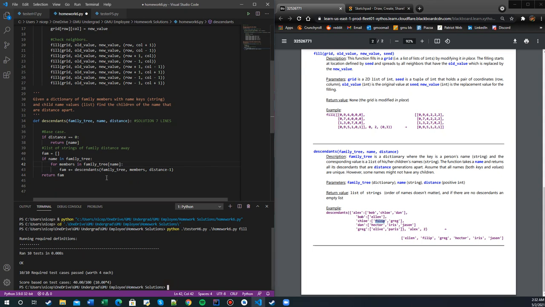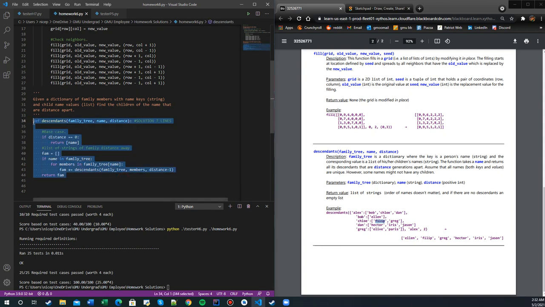Let's go ahead and Control S this, so that saves it. I'm going to hit the up arrow key to get all my previous command line arguments in. I'm just going to delete it and run it. So I passed all the tests. Now I am going to go deeper into what just happened here because I feel like this specifically might confuse